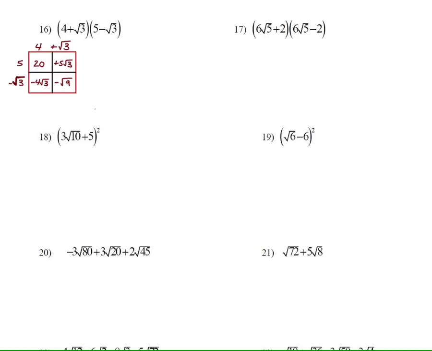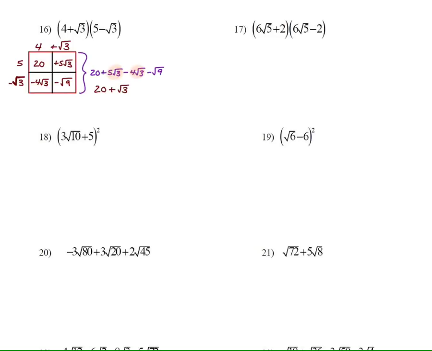And at this point what I like to do is then take my 4 terms from inside the box and just list them in order. And the order isn't really that important, so that's my 4 terms from my distributing. And then I'm going to try and add or subtract anything that's like or simplify any radical that simplifies. So if you look, the middle terms, 5 root 3 and 4 root 3 are both root 3, so they can be subtracted. So what I have is 20, and then 5 minus 4 is just 1,